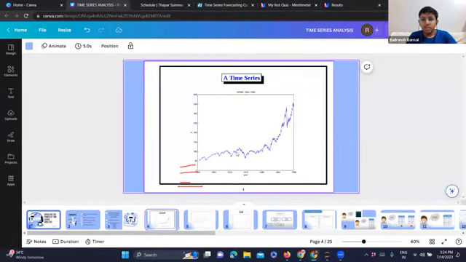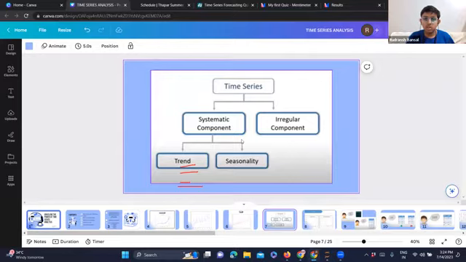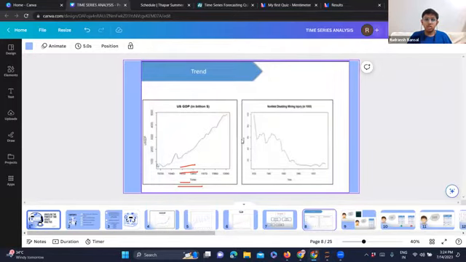Okay, this is a simple example of time series data. The value, as you can see, goes on increasing. It has got some seasonality, not much. It has also got some, we can say, an upward trend. So you can see these examples of US GDP, Indian GDP, any GDP or sales value over long periods of time will be dependent on time series.